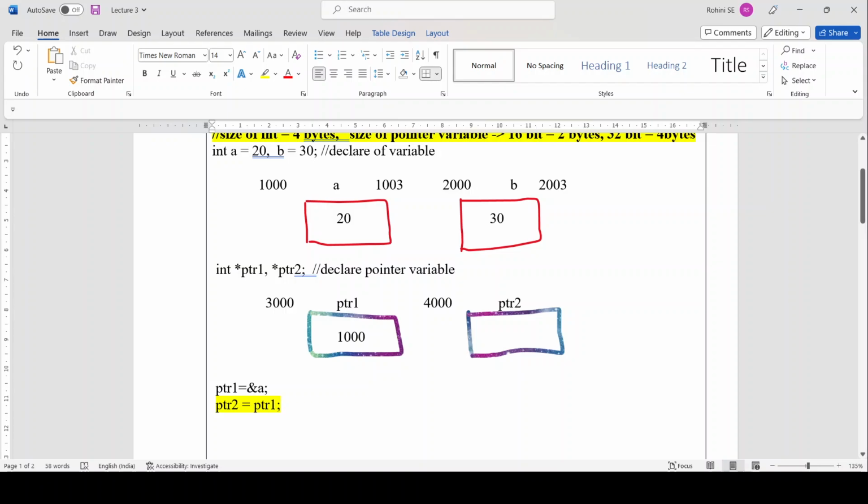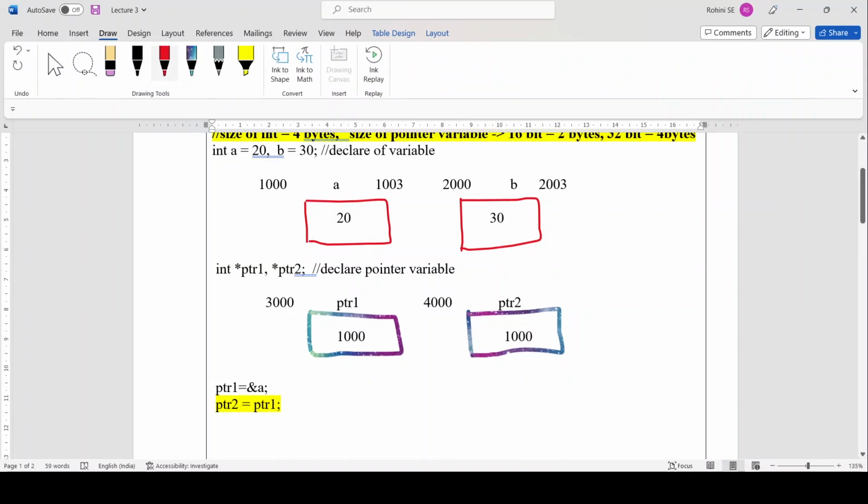What is PTR2? I'm trying to assign PTR2 with some value. What is that value? It is PTR1. What is PTR1? It is 1000, right? PTR1 is 1000. So what I'm doing, I'm trying to assign PTR1 into PTR2. So what will be PTR2 value here? It will also have 1000. Okay, after the statement, PTR2 will also have 1000, which means now